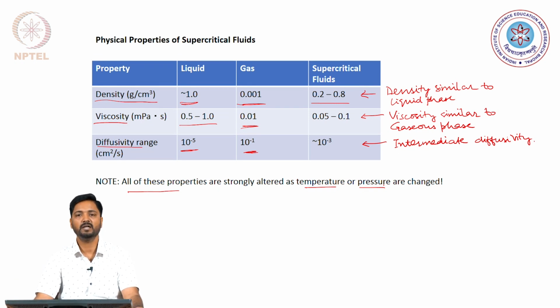So, changing any of these two parameters will result in its phase changing from a supercritical phase to either a gaseous phase or a liquid phase with concomitant changes in the physical properties of density, viscosity and diffusivity. So, we are required to maintain the temperature and the pressure very carefully to keep our supercritical fluid in its optimum